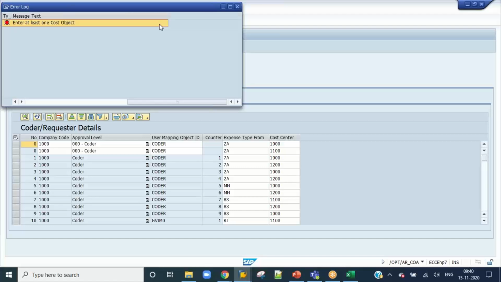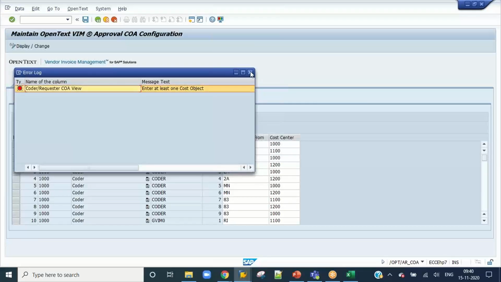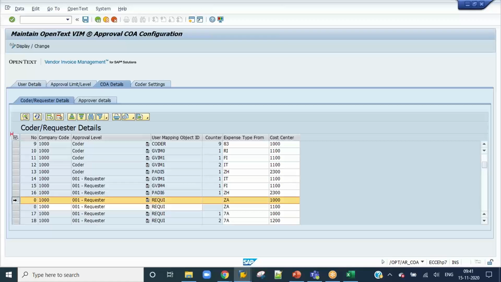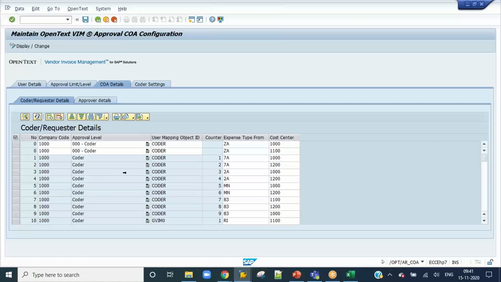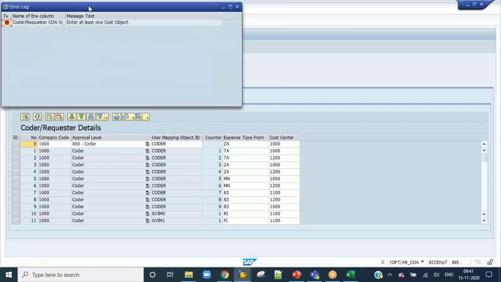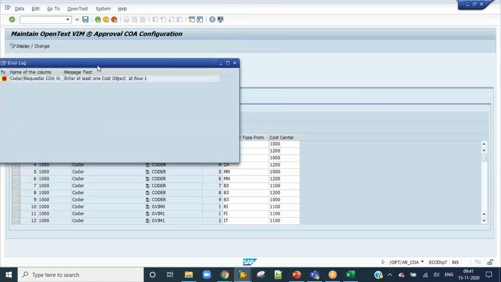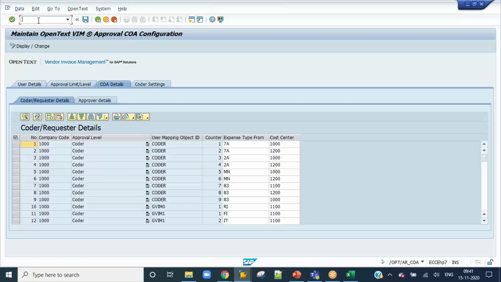Enter at least one cost object. I've entered already. Is there any other thing which is giving this error? Against which this problem is coming. Okay, still the existing data itself, the problem is there. Let me